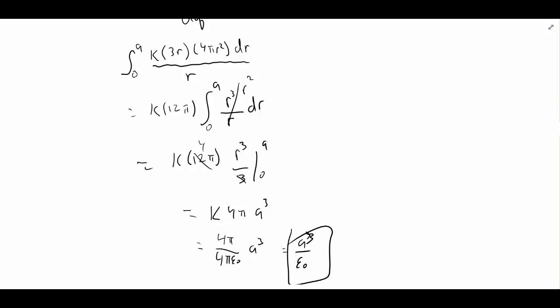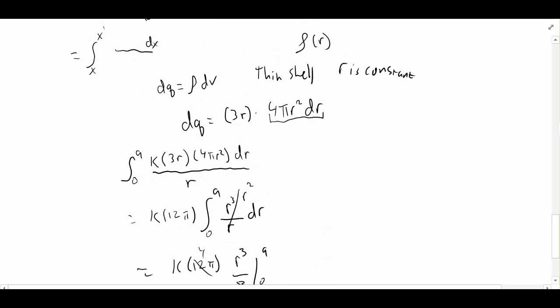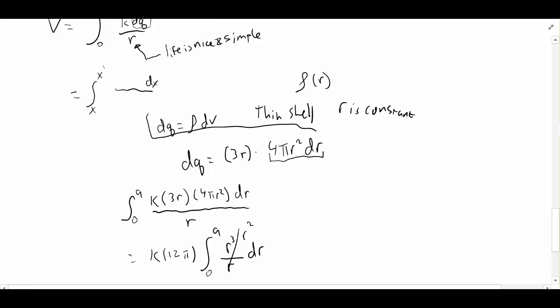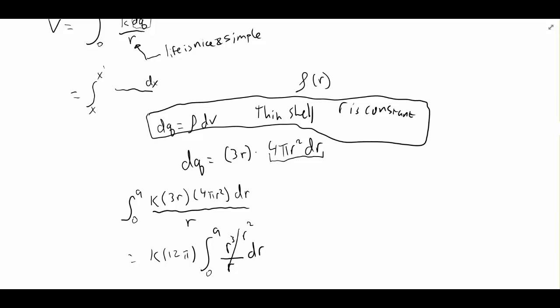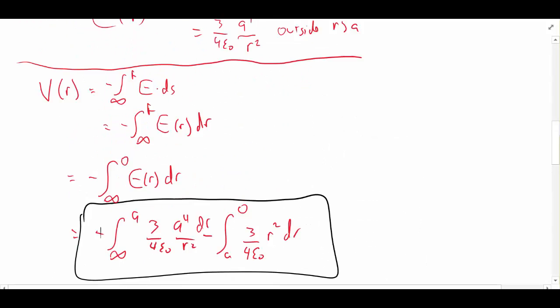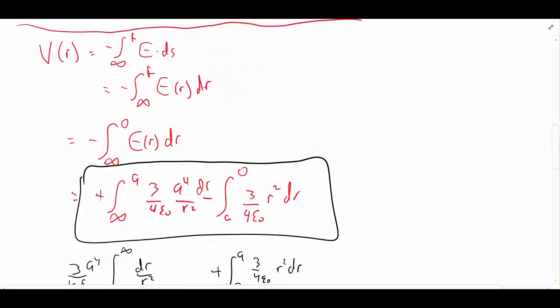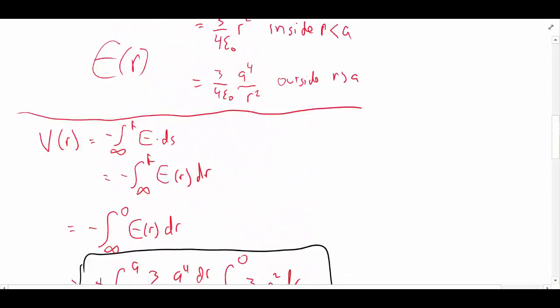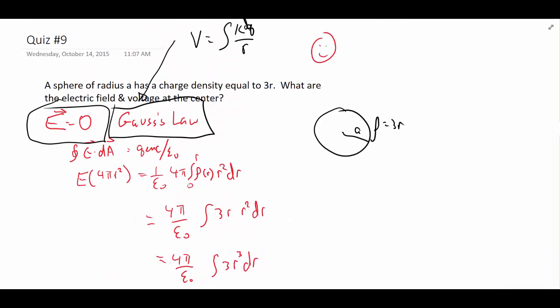You say, why didn't we do it that way to begin with? Well, a couple reasons. First of all, that right there: if you've taken enough math classes, then that's kind of an intuitive, straightforward thing to do. If you haven't had enough math classes, then you can kind of believe that argument, but I wouldn't know that I'd come up with it on my own. And Gauss's law, I know Gauss's law, I can always just integrate against the electric field. Secondly, I really do want people to practice Gauss's law. Gauss's law is good for you. And thirdly,